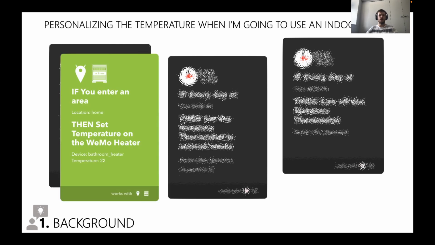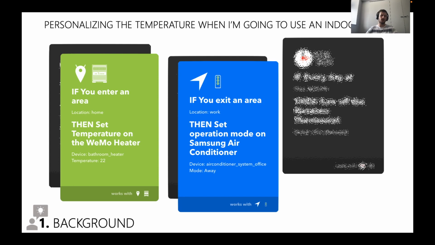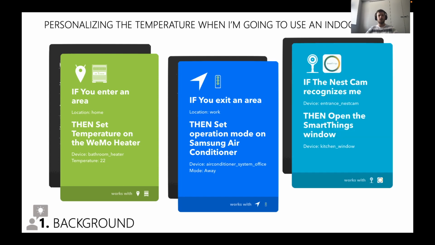And besides using the time of the day, I can also use other ways to identify the fact that I'm entering or leaving a place. For example, I could use my smartphone position to identify that I'm near home. And furthermore, besides thermostats, I can personalize other temperature-related devices as well, like the bathroom heater in the figure or the air conditioning system in the office. And finally, I can also imagine alternative ways of influencing the temperature of an environment, like opening a window.